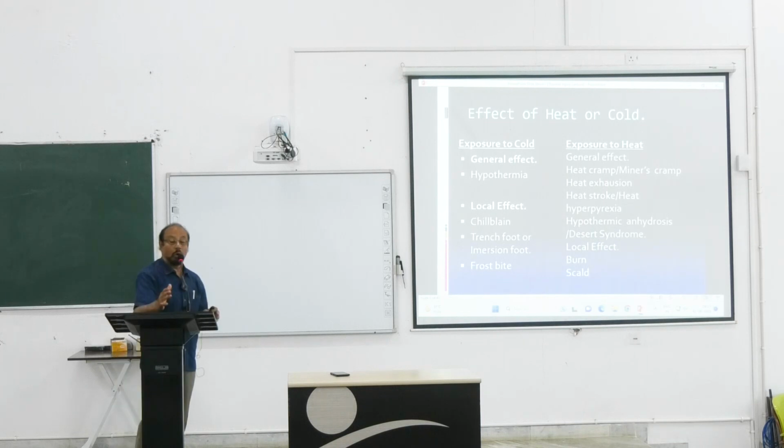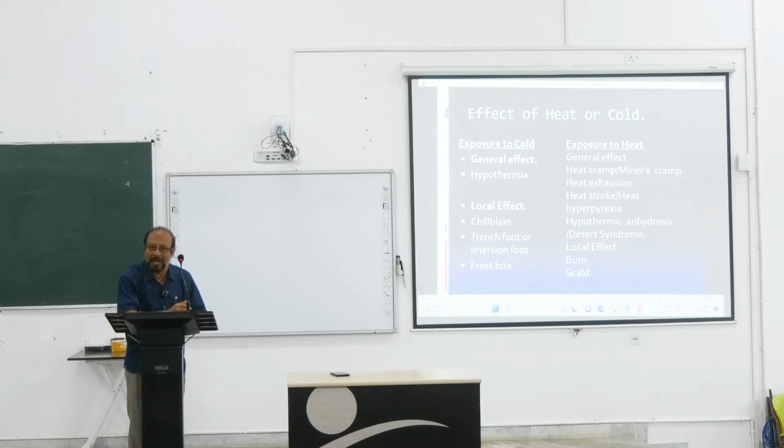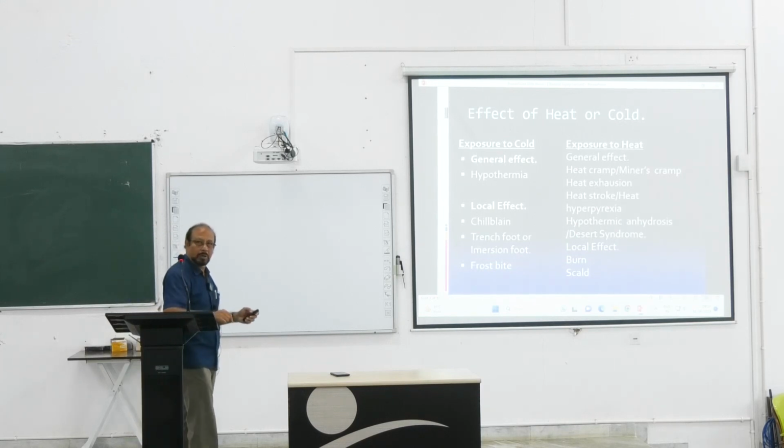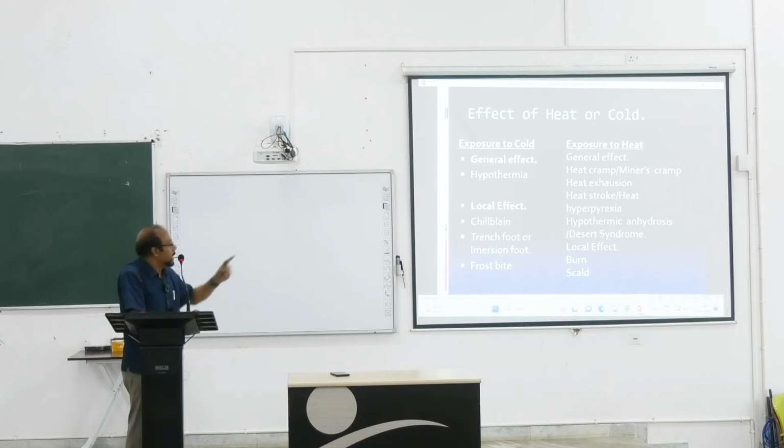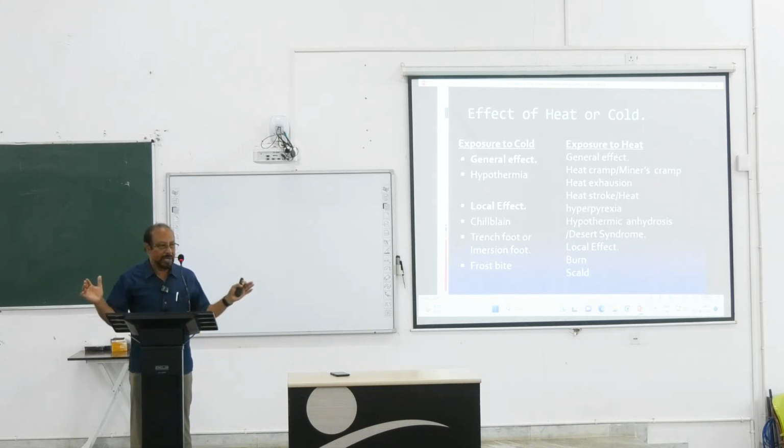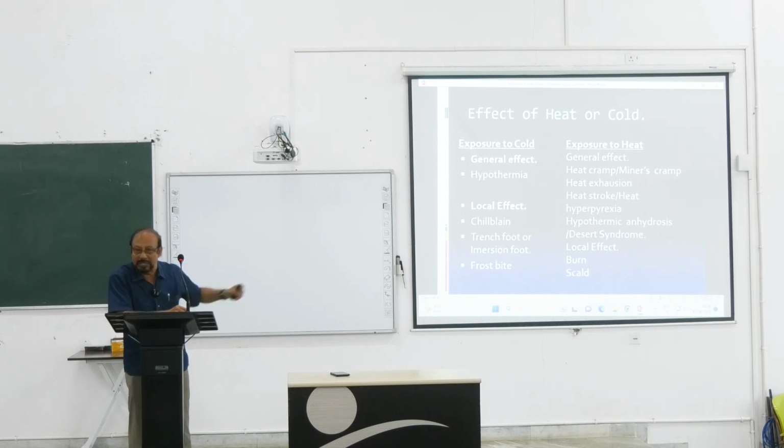So naturally cold injury. The cold injury is when it is below 37 degrees, it will be cold to feel, above that, heat. So how much heat will cause cellular damage, how much cold will cause cellular damage, that is important. First you see the exposure to the cold. Exposure to the cold has a general effect and a local effect. General effect means ambient temperature, atmospheric temperature, climatic temperature, and that will also cause injury, damage and fatality. That means the general effect is known as hypothermia.